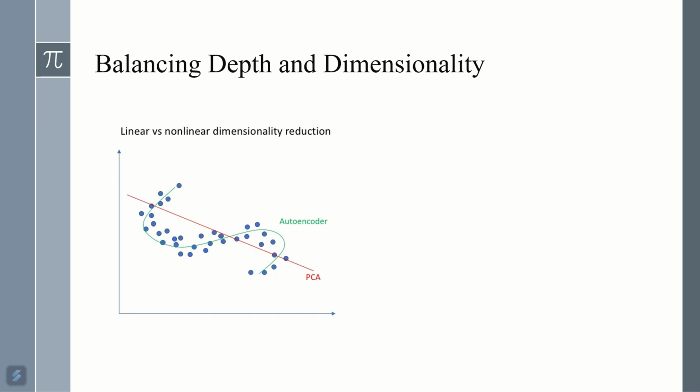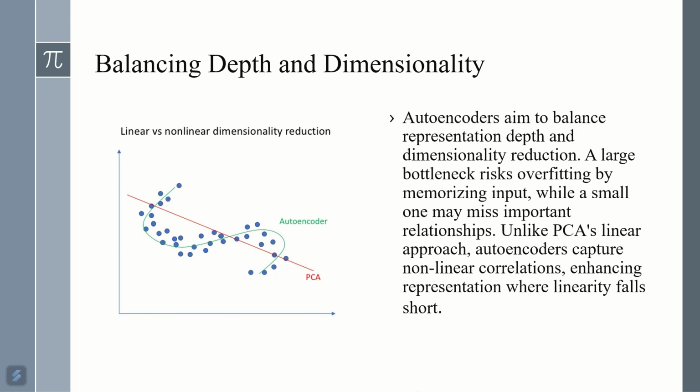So next, balancing depth and dimensionality. Autoencoders have a tricky job. They need to find the right balance between how deep they dive into the data and how much they simplify it. Picture it like this: if the autoencoder goes too deep and makes the bottleneck layer too large, it might end up trying to memorize every little detail of the input. This can lead to overfitting, where the model gets too good at remembering the examples it's seen but struggles with